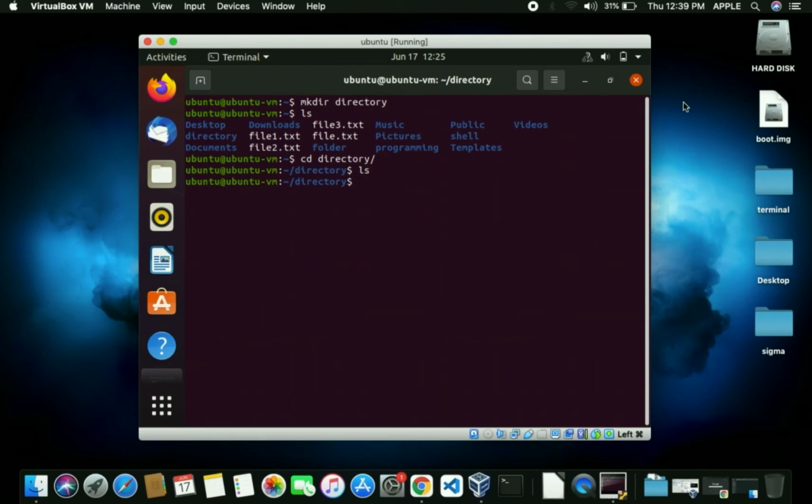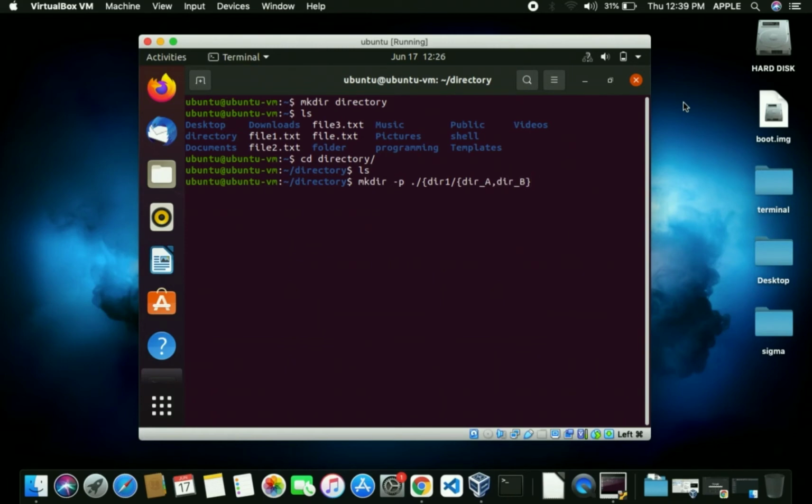Now let's type mkdir space -p space {. Let's create two main folders. The first one is dir1. In dir1, let's create two more folders. For that, /dir_a, dir_b.